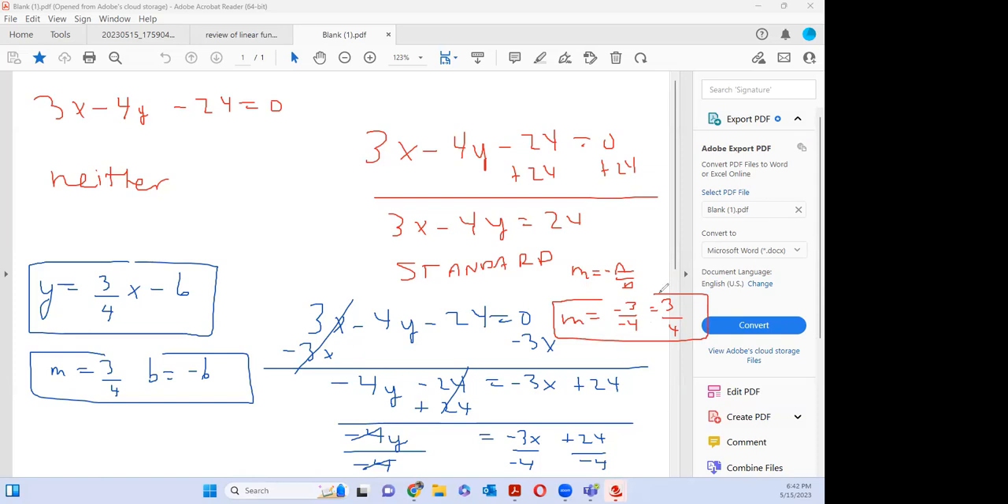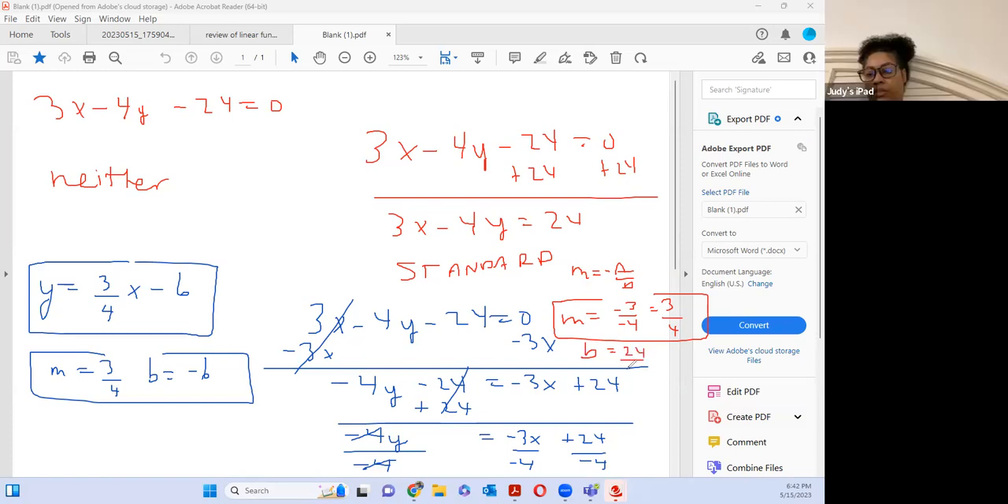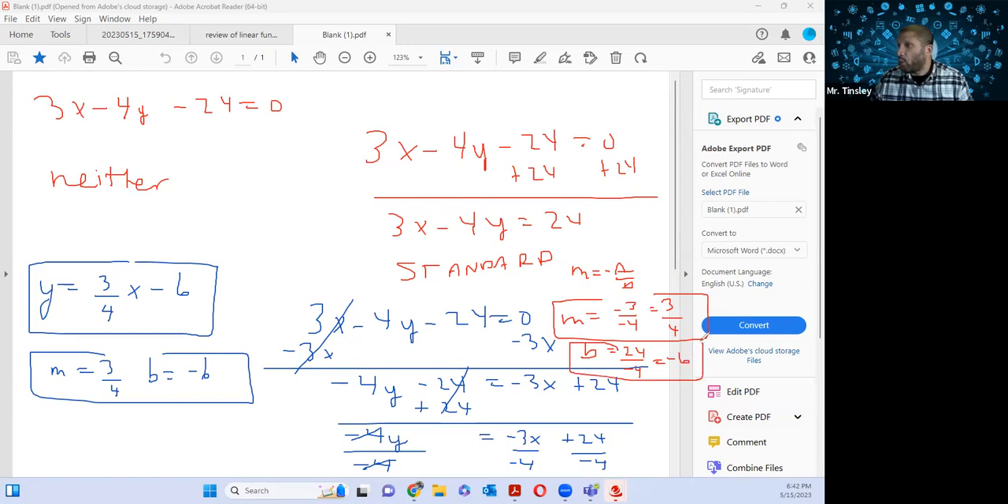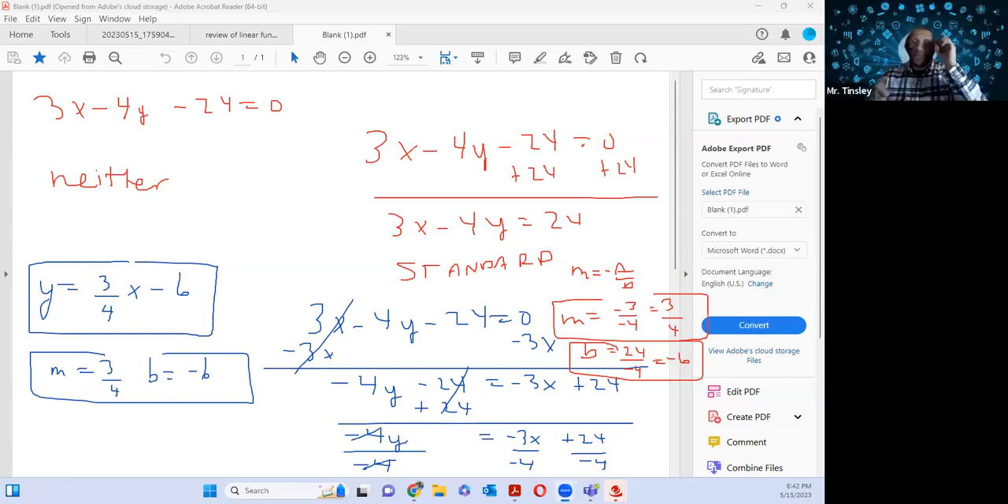To get my y-intercept, I'm running out of room here, I apologize. b equals 24 over -4, which is -6. Did we get the same y-intercept? Yes. Again, do not be intimidated. You should be able to identify slope-intercept. You should be able to identify standard form. But if it's not in either, you should be able to manipulate it to put it in the form that's